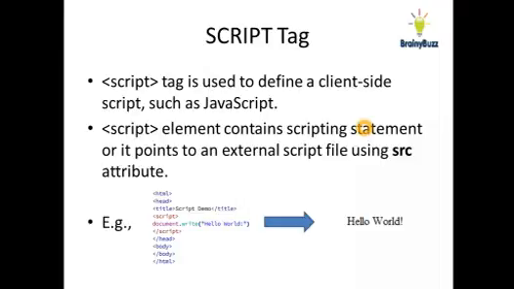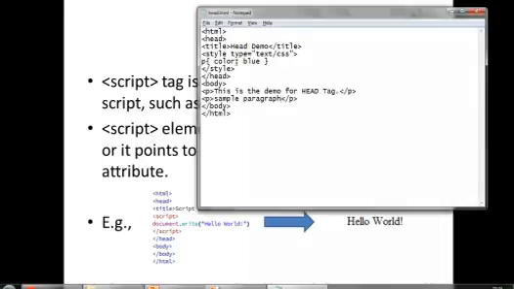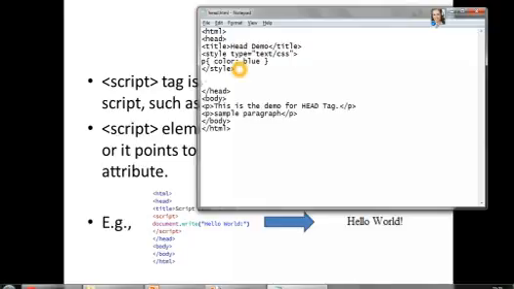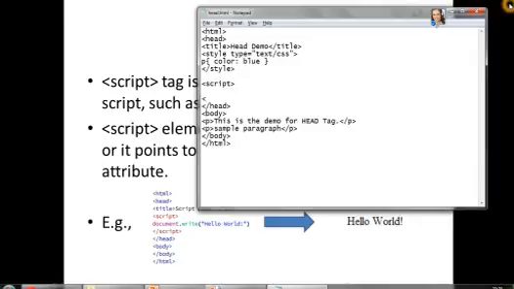You have the script tag. The script tag is used to write scripts. Most of the things we'll cover in JavaScript or CSS. I just want to give you the overview. I'll cover them again in your JavaScript and CSS tutorials.